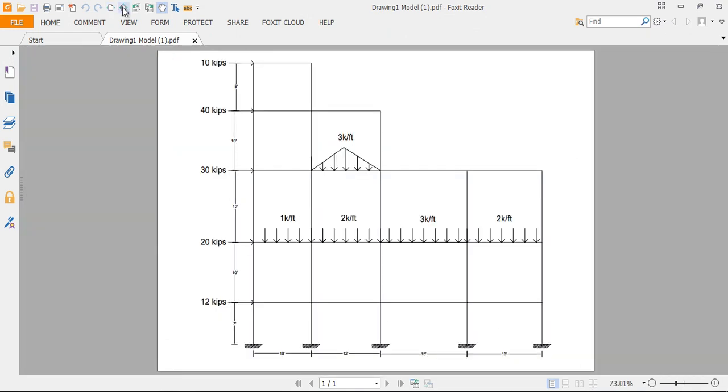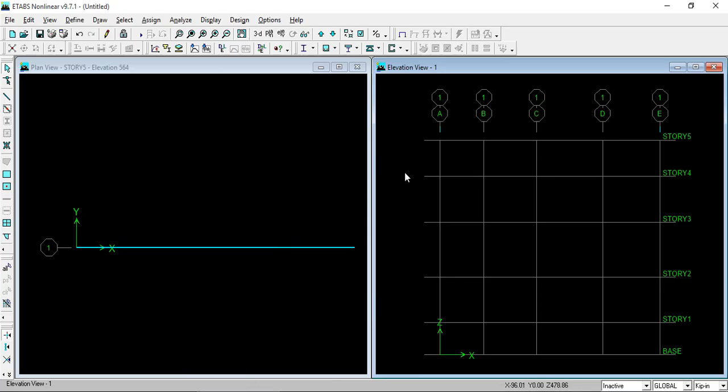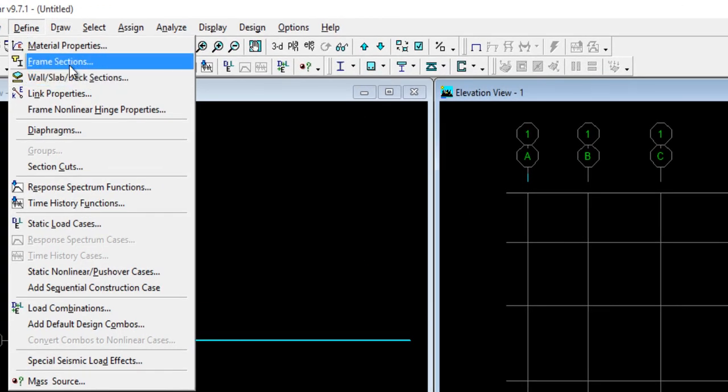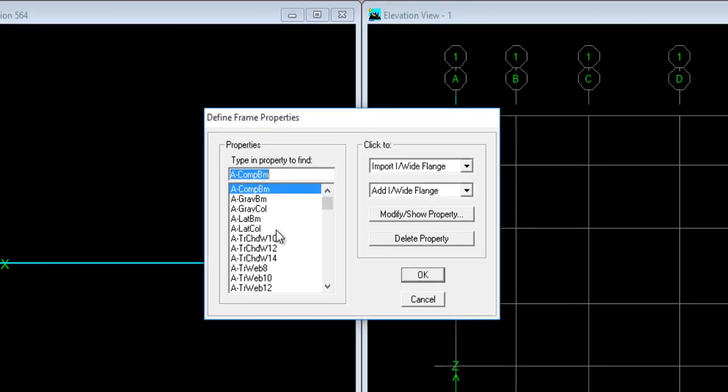In case of this type of frame structure, I would like to input the loads as live load, and I do not need to input different types of frame. But if you have different types of frame, then you must create different types of frame. For this particular frame analysis, I would like to use a 10 inch by 10 inch frame size. So to define the frame size, go to define and then click on frame section, and then delete